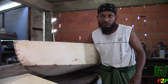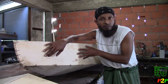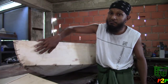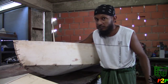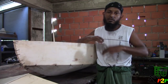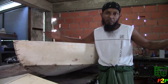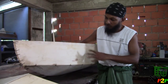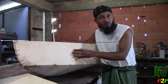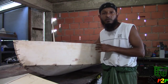The reason for that is this is plywood, this is not proper lumber for bending and twisting and that sort of thing. And it's dry, you're not wetting it, you're not steaming it, you're not doing anything like that. So you take your time and every day you increase the angle on it, you increase the shape a little more, you increase the stretch on it, so that you don't try to be making all these bends at one time and you're going to have cracks and things forming, you're going to have weak points forming because of the fact that it's plywood we're using. So I believe we'll be very close to the final shape we had originally